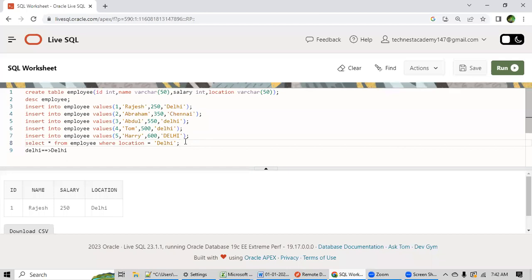Yes, Tanvir. Any question before I proceed? When using the equal to, here I have used the equal to sign. Yes, because I'm telling the SQL engine I want location which is Delhi only. So I have written location equals Delhi. Okay, and can you repeat again? Nine number, Delhi, in others. Okay, one minute.